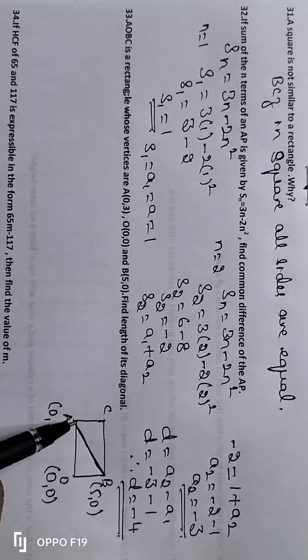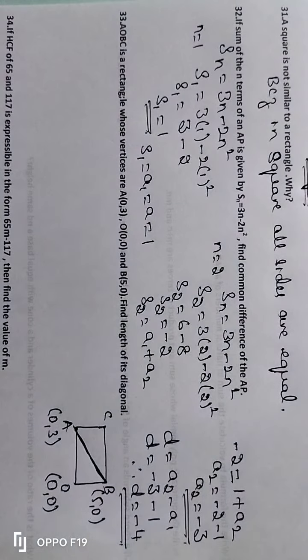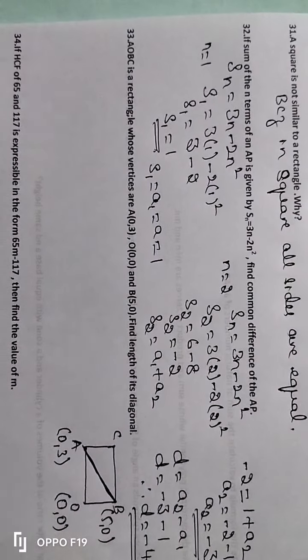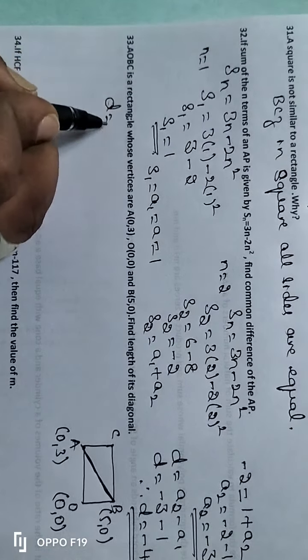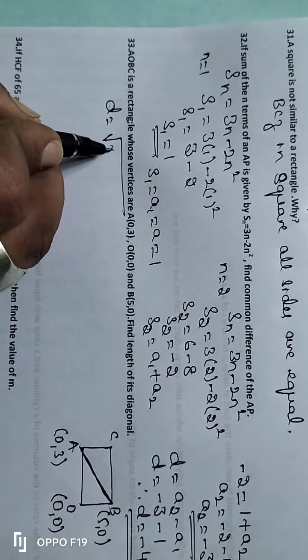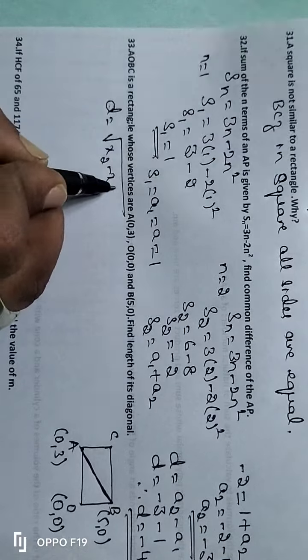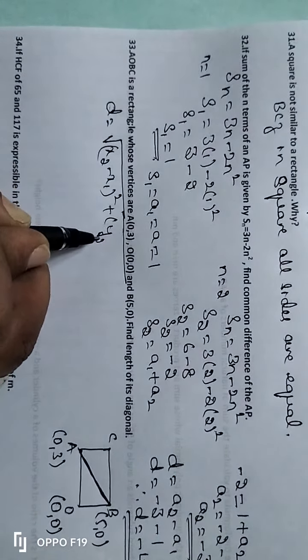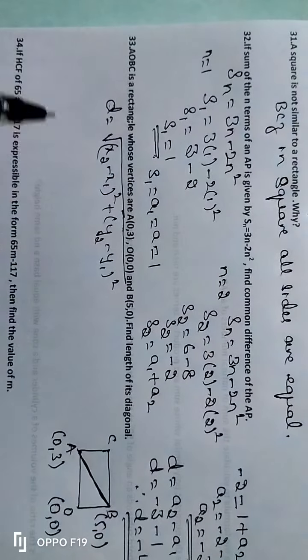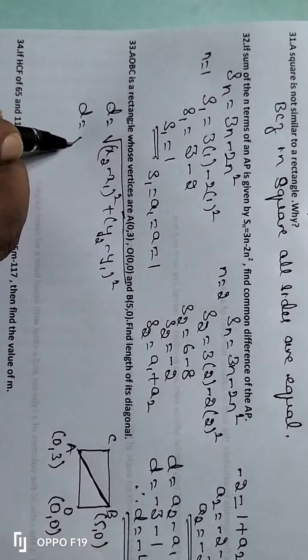So we have to find the distance between A and B by using distance formula. So let us use the distance formula. D is equal to square root of x2 minus x1 whole square plus y2 minus y1 whole square. So D is equal to square root of